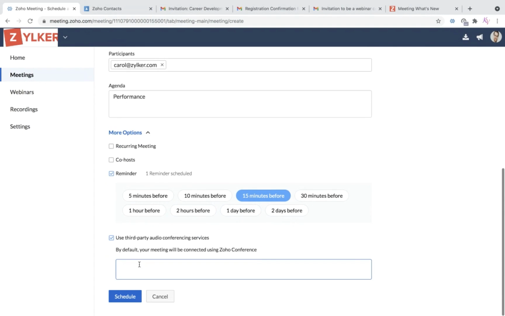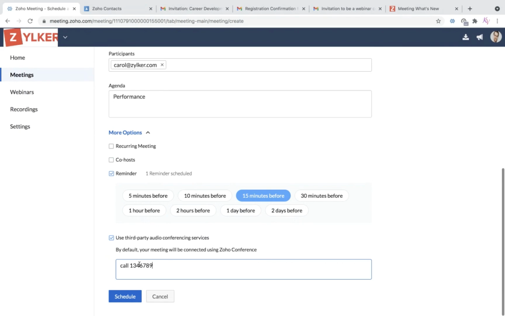We also have your own conferencing system. This is actually nothing but if you have your own office extension or if you want your participants to contact your mobile number directly, you can make use of this option. So whatever details you enter here will be sent along with your meeting invite to your invitees.